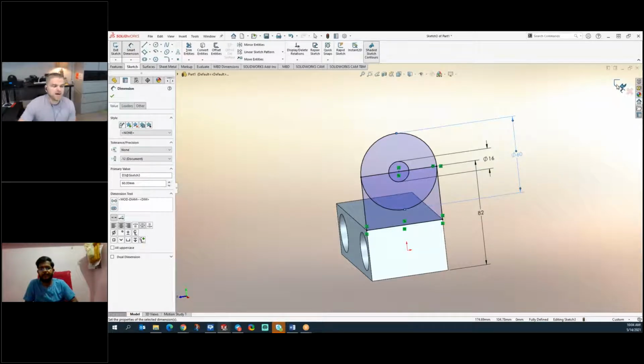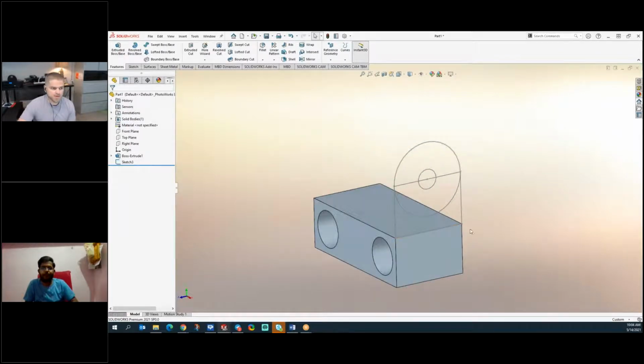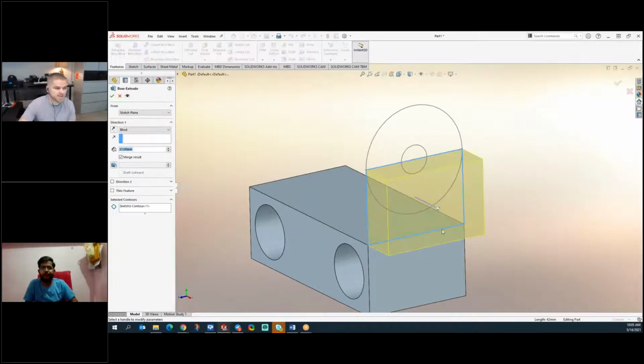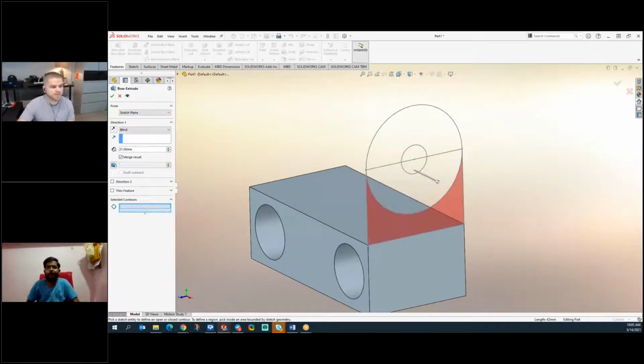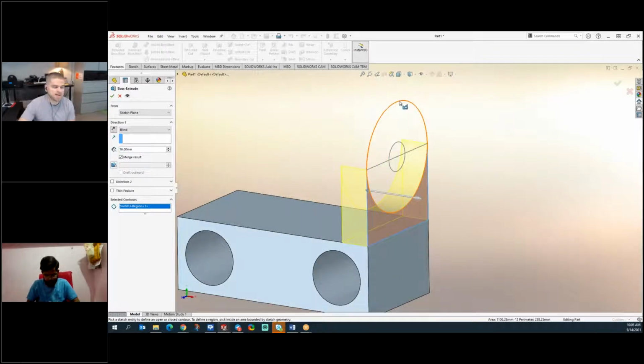So if I exit the sketch here, we have a few different options we can choose at this point. We could do what we did before, right? We could pick this sketch, go up to extruded boss, and then inside of this boss tool, I can pick through these contours and decide what contour I want to extrude. So for example, I could start with this face, which is pretty cool. I could just extrude this out to whatever depth I want. Then I could add this one, and then we could cut out the middle material. But